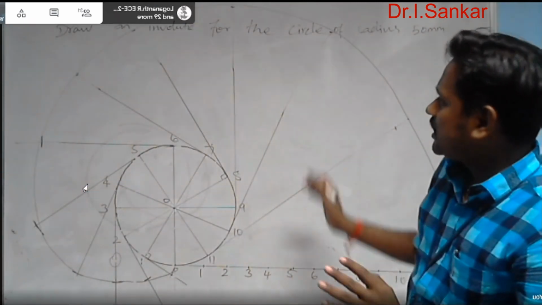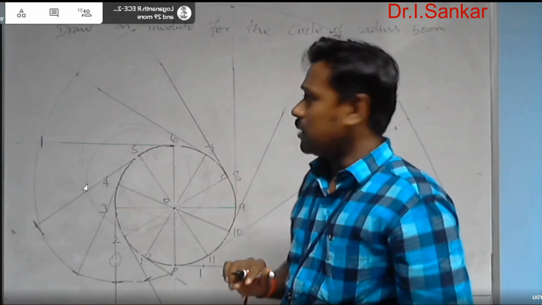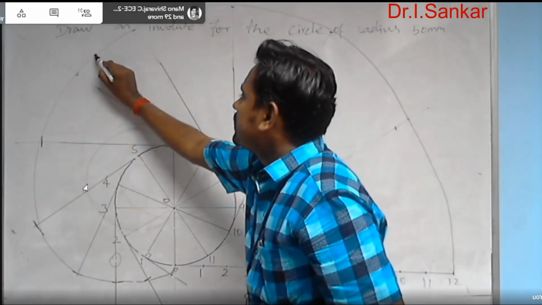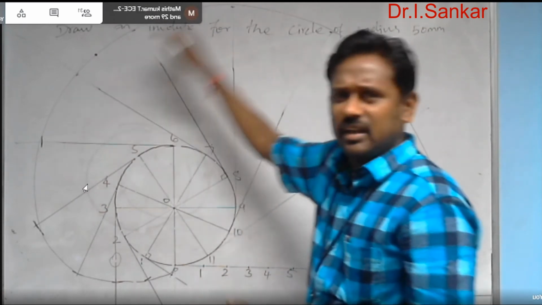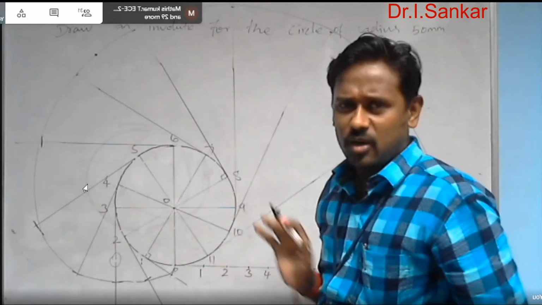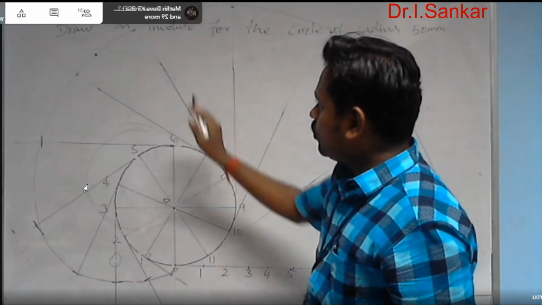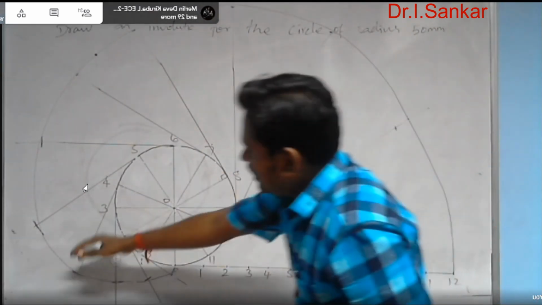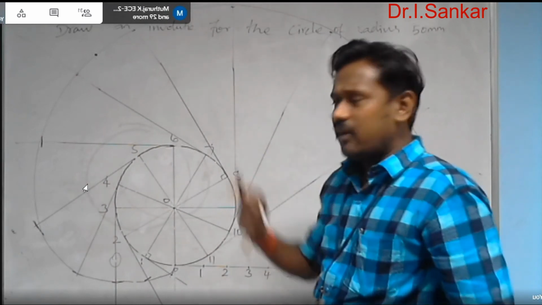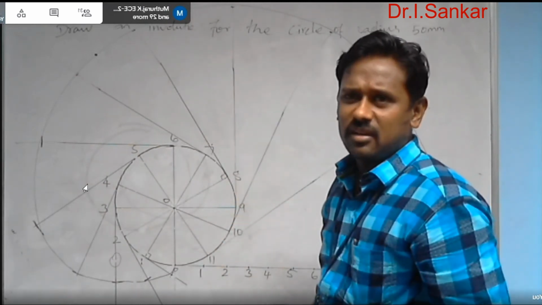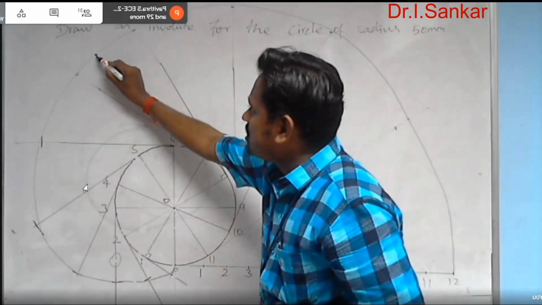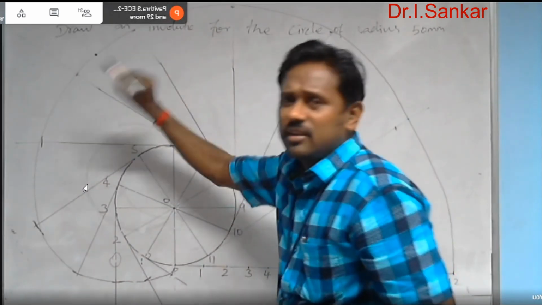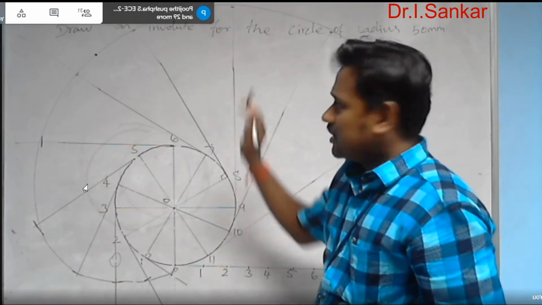First, you have to select any one point to draw the tangent and normal. For example, I am selecting this point here in the curve. You can mark any point in the curve. You need not go for that. You can mark the point here or there or anywhere in the curve. For that point, you can draw the tangent and normal. For this demonstration purpose, I am marking a point here. In this point, I am going to draw the tangent and normal for the involute curve.